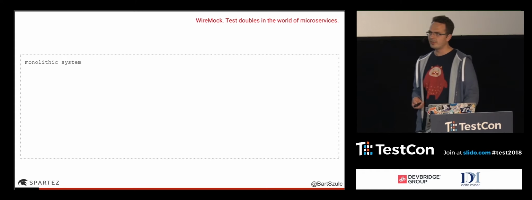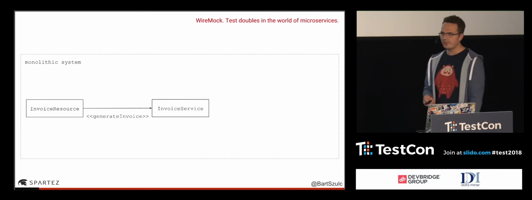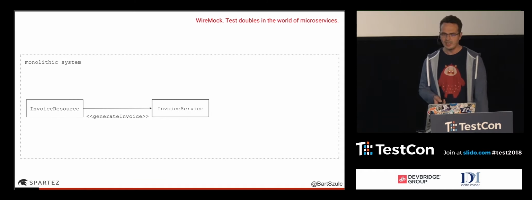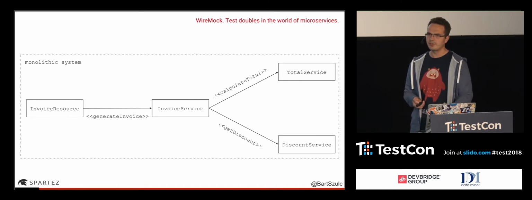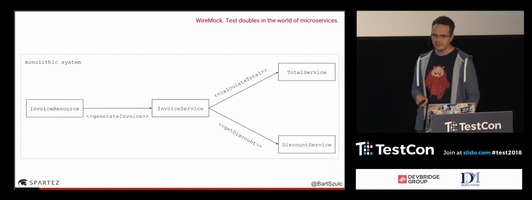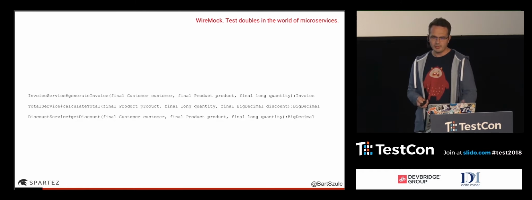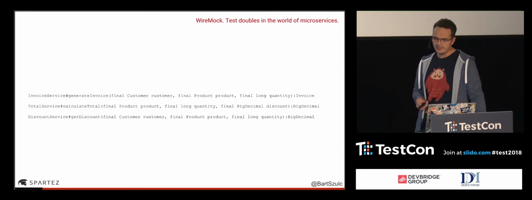When it comes to IT systems, this is reflected in something like this, right? So you have some kind of REST API that allows you to generate invoices. This REST API is handled by some kind of internal service where the logic for generating invoices lives. And this invoice service, in this case, talks to those two different services that are responsible for calculating the total and also for calculating the discount. So this is how usually things work in nowadays applications. And you probably also have some kind of specification of what the API is, what is there in the system, what is available. This is a Java system, so you have some classes, some methods, some arguments that are accepted